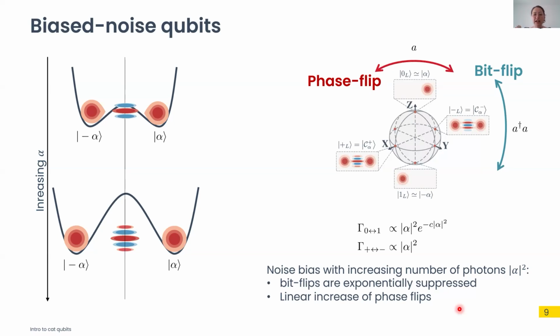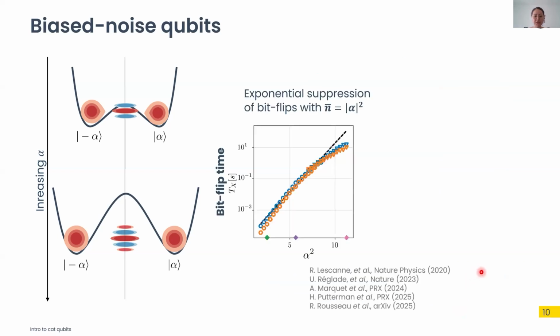bit flips, it's as if we can almost forget about bit flips and we only need to care about phase flips. So it's as if we go back to this classical picture where we have only one type of error that we care about. And so this has been